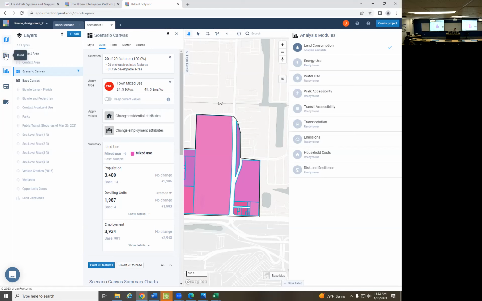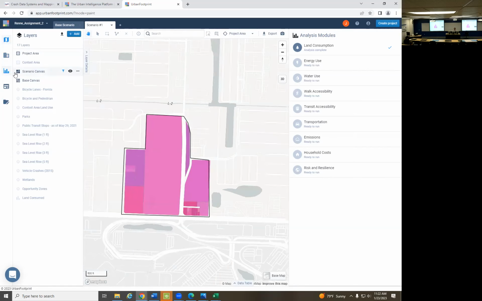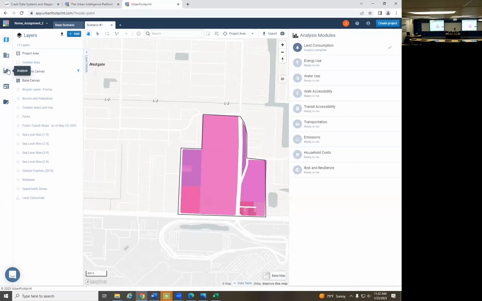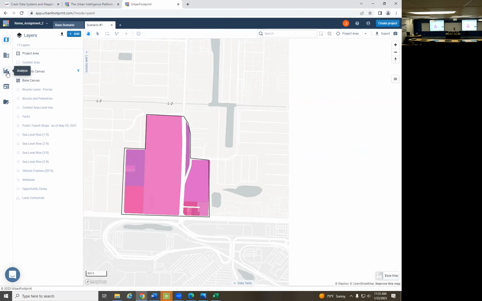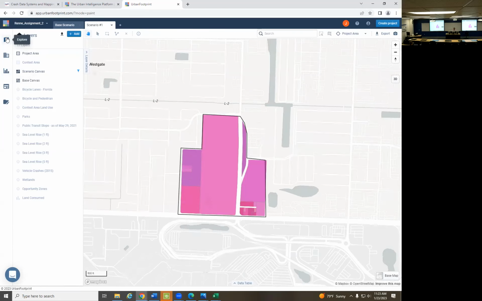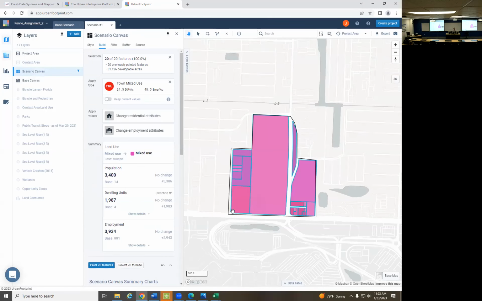Sorry, that's your build. That's your build one. So I close that and I go to analyze. Analyze shows me the different modules that I can analyze, right? So again, let's just go through it from the top. We've got the Explore tab, and these are like switches. You have to turn them on and off. Explore is what we've been using. Build brings up this dialog box that allows you to select your parcels. It allows you to manipulate and change your parcels. And